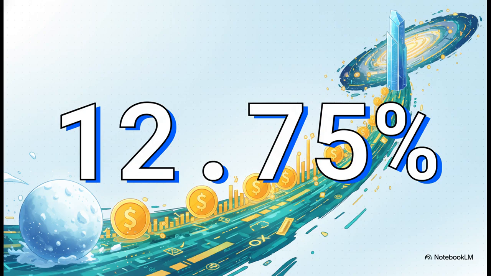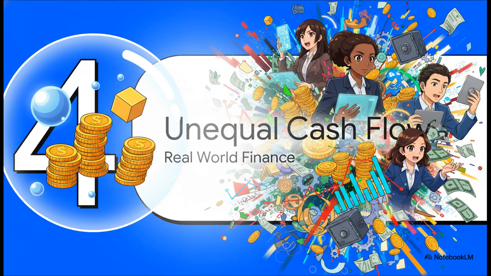If an investment has a stated annual rate of 12%, but it compounds continuously, that snowball effect means your actual effective annual rate jumps to roughly 12.75%. Now, 0.75% might sound like tiny potatoes, but compounded over a decade on a multi-million-dollar corporate project, that fundamentally alters our capital allocation decision. Okay, Section 4, navigating unequal cash flows.